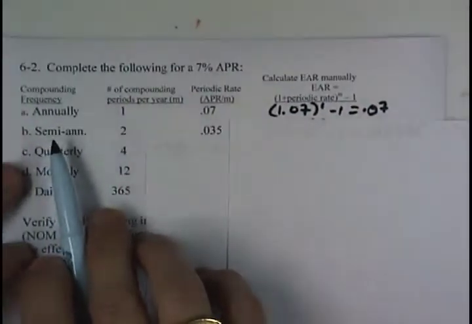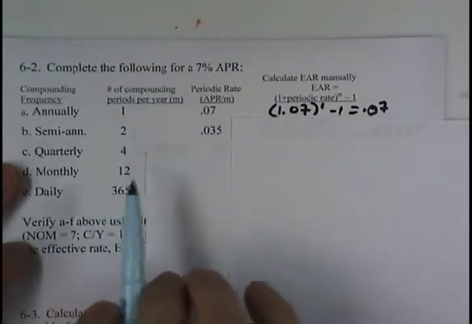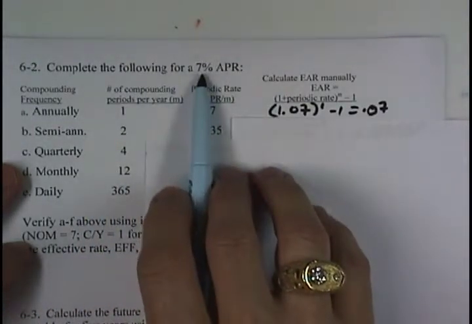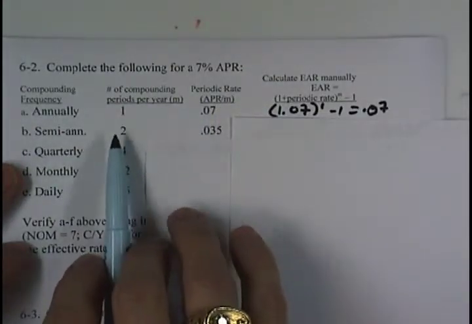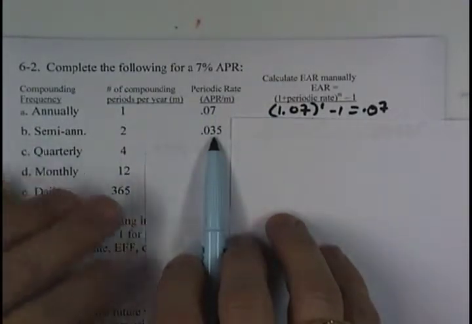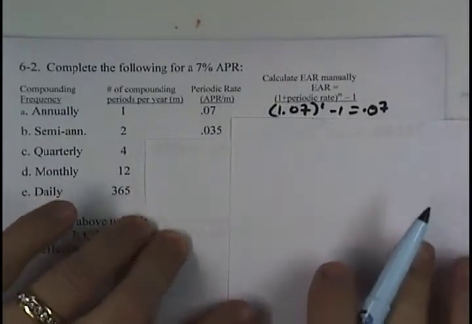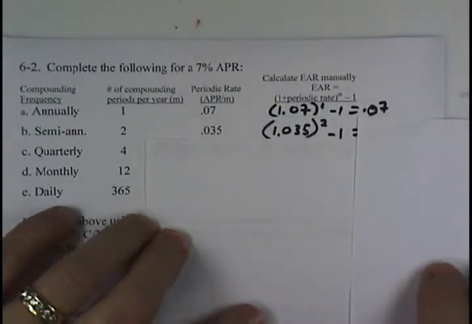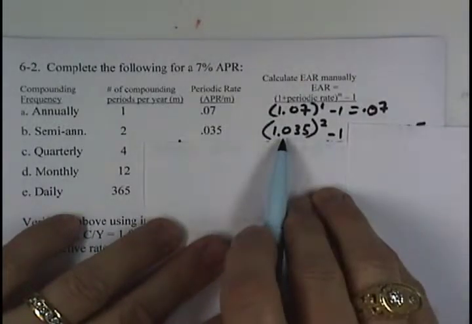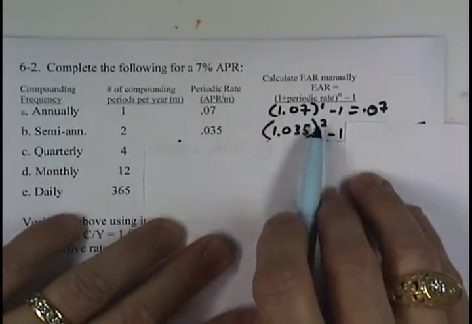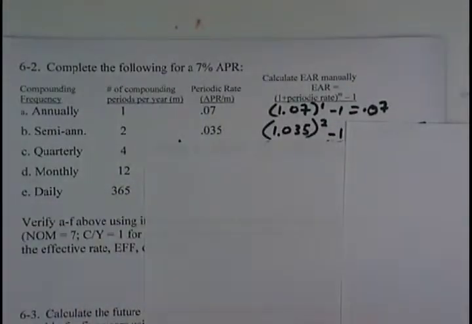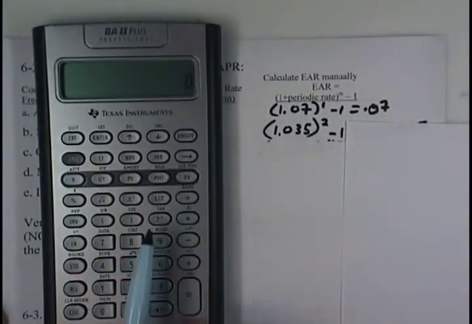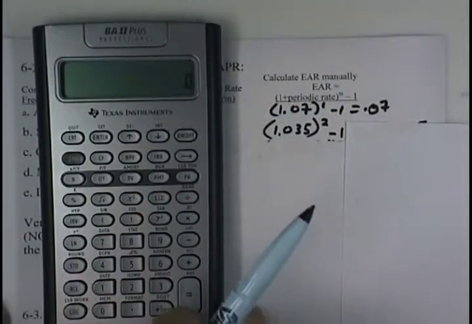In part B, we're supposed to calculate the effective rate under semi-annual compounding. I'll take my 7% APR and divide by the number of compounds per year, which for semi-annual compounding is 2, and I'll get a periodic rate of 3.5%. I'll take 1 plus that 3.5% semi-annual rate, compound it 2 times during the year, and take the 1 off. So remember the exponent key on the calculator. The y to the x key is right above the number 9. So let me enter the